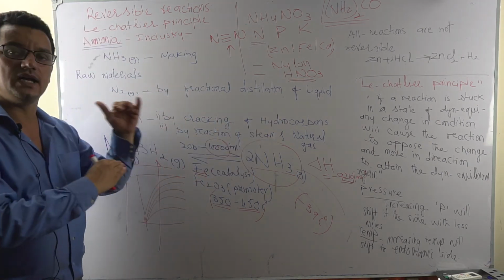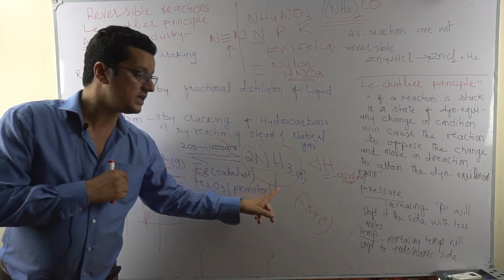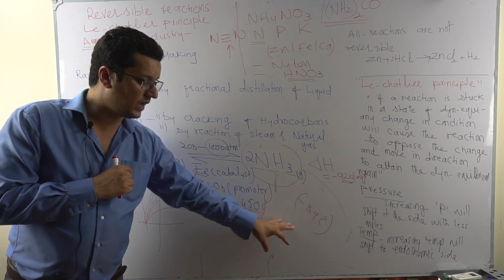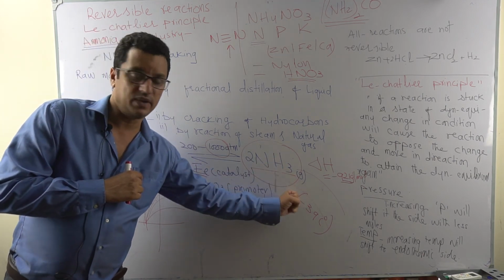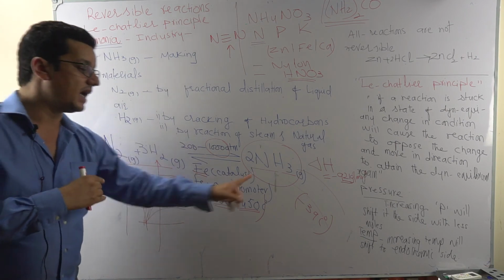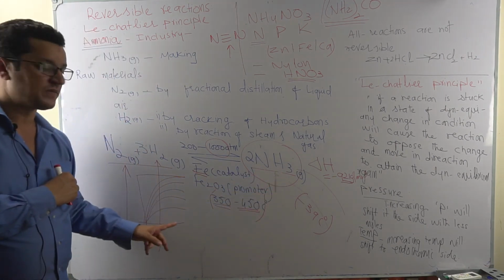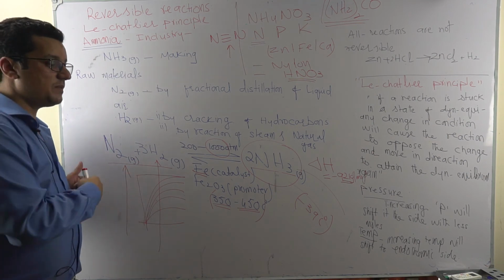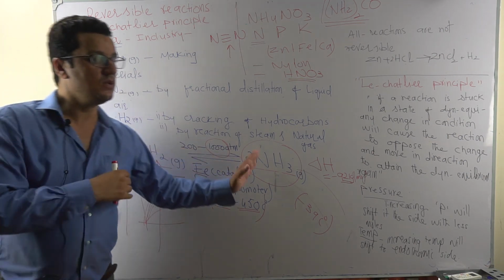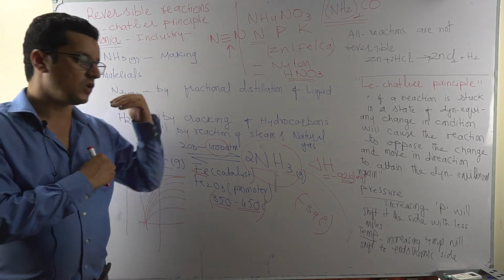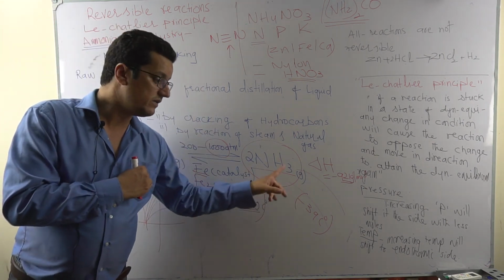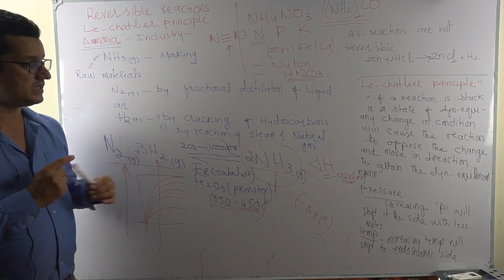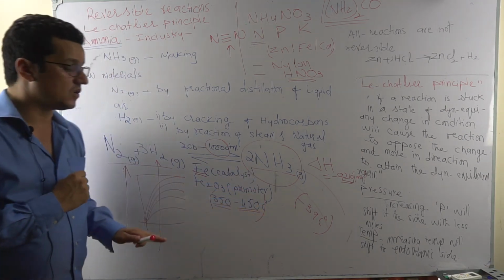So to attain the dynamic equilibrium again, a heat condenser, basically a heat exchanger, was added into the system. Ammonia is liquefied at minus 39, constantly leached out, and unreacted nitrogen and hydrogen are sucked back and added into the system, and fresh reactants are also added. So keep reactants at a higher concentration, remove products, the dynamic equilibrium is always shifted to the right side and your yield will be maximized. This is always done with reversible reactions: products are leached out and reactants are constantly added.